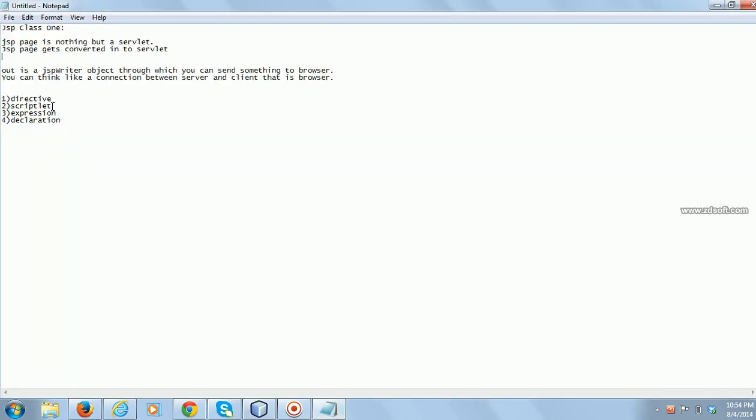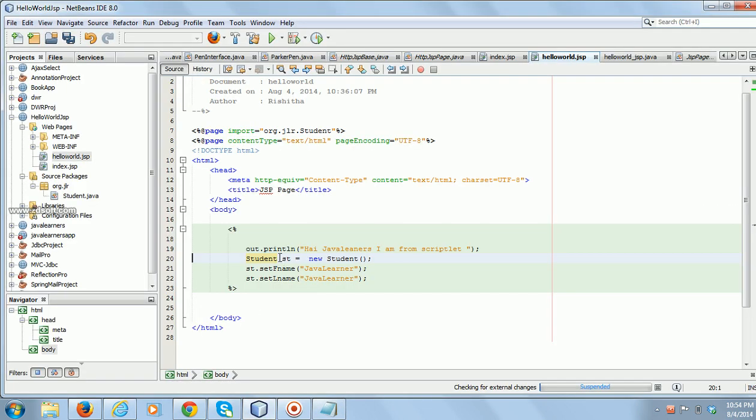We have already covered scriptlets, and to use any class in a JSP page we have to import that class. In a Java file we would say import org.jlr.Student, right? But in JSP, to import the class you have to use a page directive.